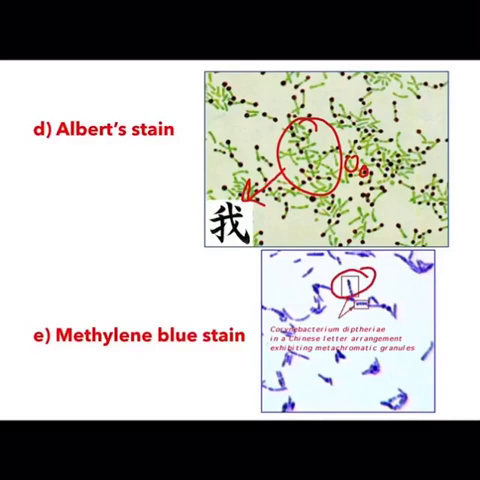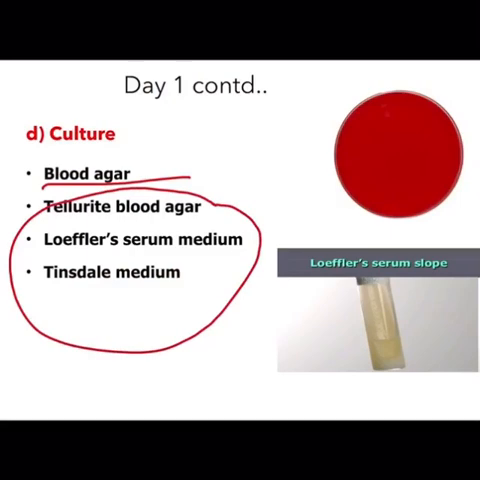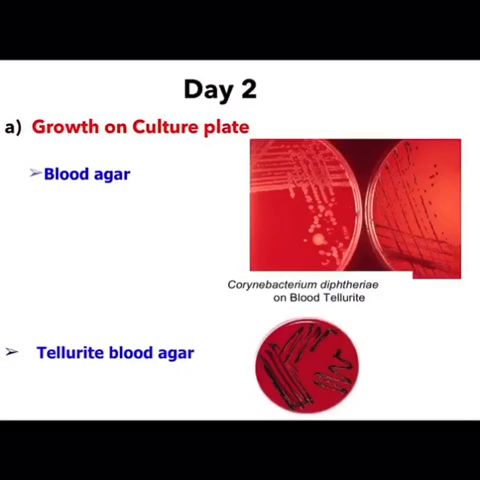Methylene blue is also a good stain. The metachromatic granules take a bluish-purplish color with this methylene blue stain. Okay, so we are continuing with day 1. Apply this on blood agar, and then we have a few selective media: tellurite blood agar, Loeffler serum medium, Tinsdale medium. On day 2,